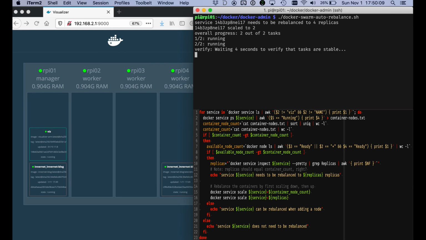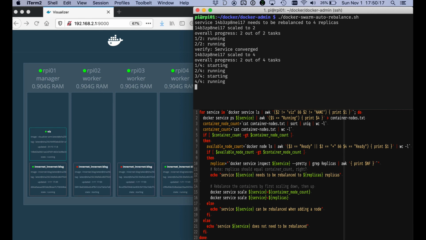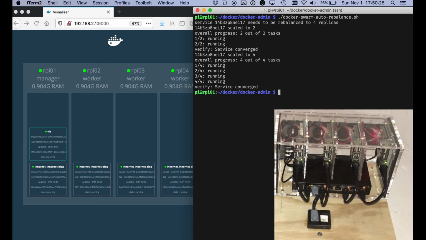We can see that doubled containers on nodes 1 and 4 are gone after the service got scaled down to 2. Next, this script scales the service back to 4 replicated containers, and this should spread the containers to include the 2 nodes that became available. This only took 20 seconds,